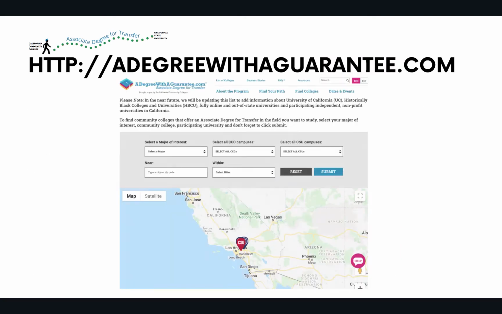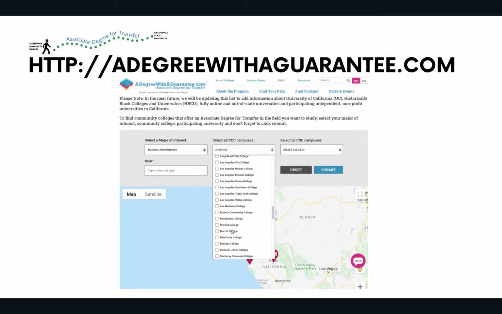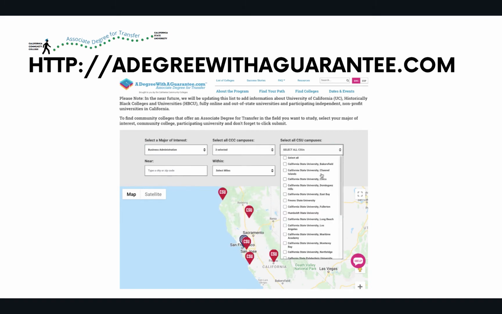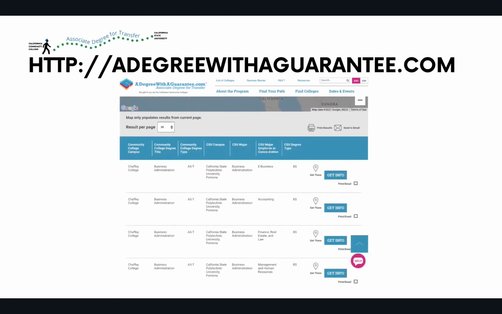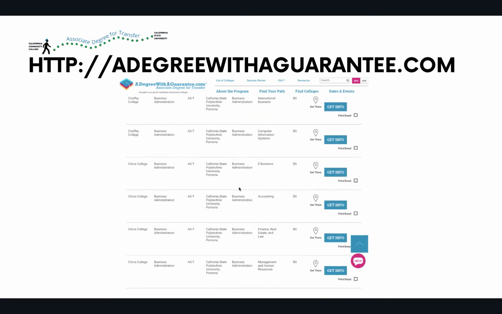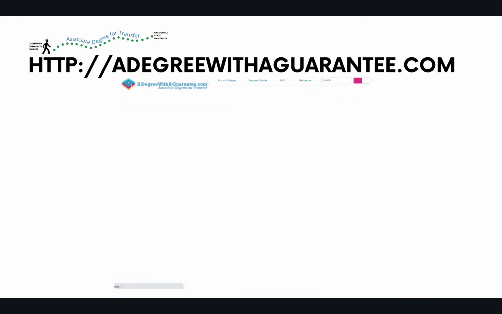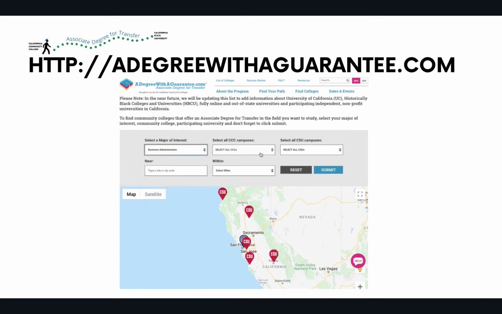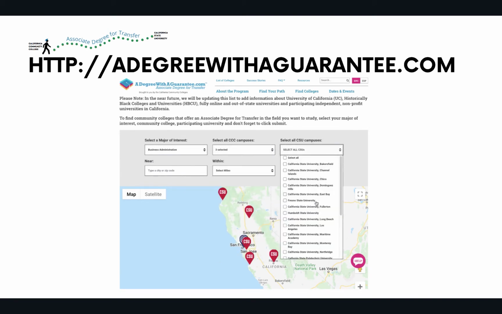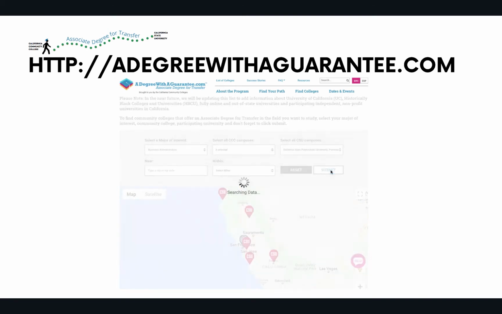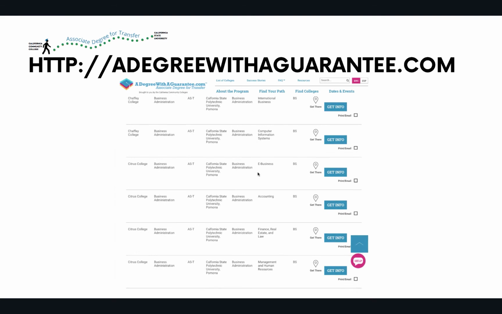So you will have the opportunity to select the campus that you're currently attending, the major that you want to go into, as well as Cal Poly Pomona. Since we're talking about Cal Poly Pomona, we're selecting that campus. But you'll see that in this case, Chaffey, Citrus, and Mount Sac do have a specific route for business administration, and it also emphasizes the specific routes or pathways of that ADT. So in just a second, it'll show us. It has it for e-business from Chaffey, it has it for Citrus, and it has it for Mount Sac. And again, it gives you all of that information there.